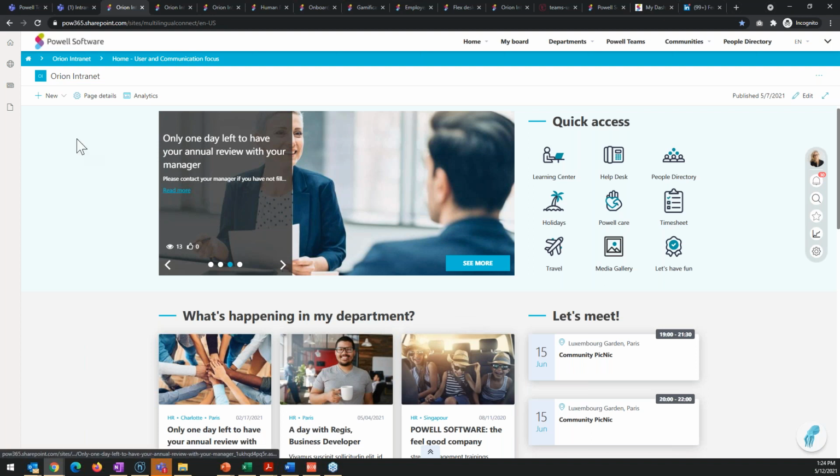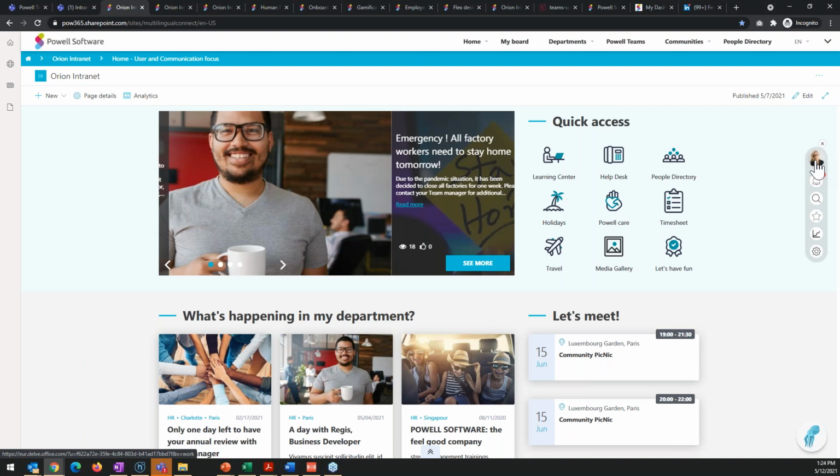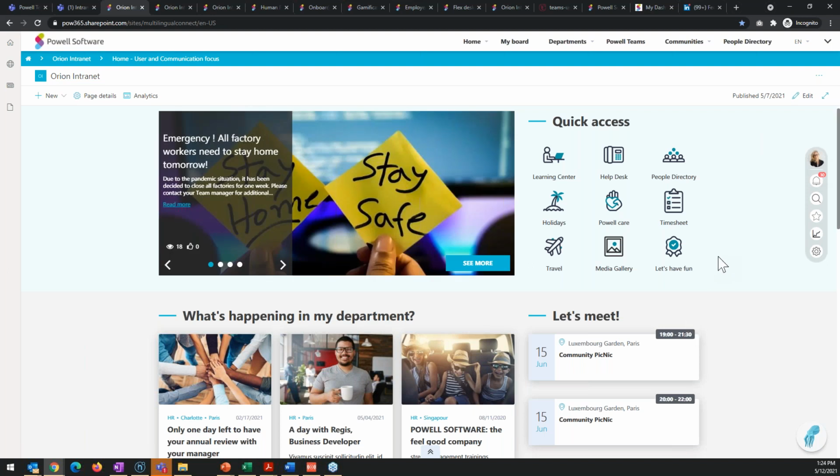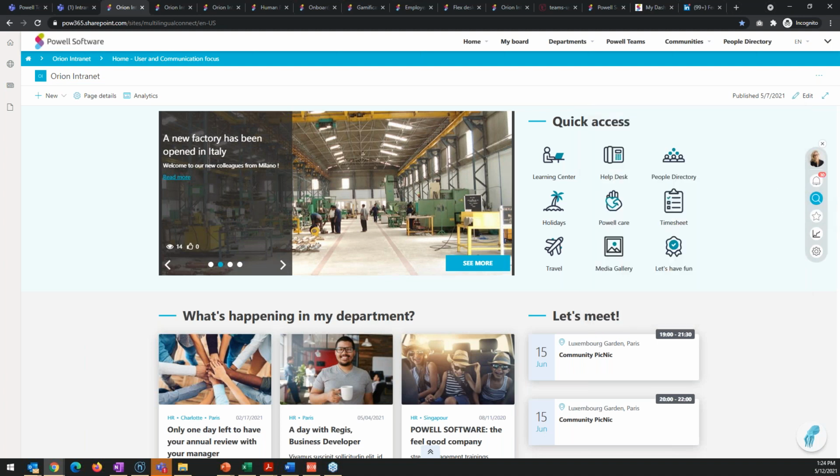Now, something specific to the Orion design is this nice little floating menu on the right-hand side. Here you have access to your profile. Keeping in mind that we want to make sure you leverage your Office 365 applications, your profile is going to be Delve. Similarly, everywhere on the intranet, you will see integrations to a lot of different Microsoft applications. You have your notifications within the portal. You have your search function that can be directly here. The search is very powerful.